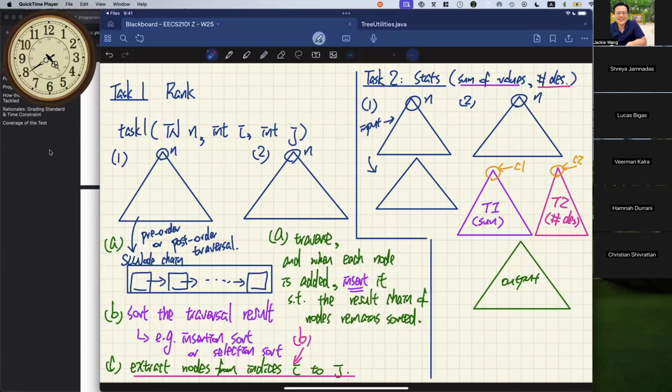Yeah, for programming tests, we don't really have any constraint on the asymptotic upper bounds. As long as your method terminates, that'll be fine. Correctness is a priority, right? You've got to pass the JUnit test cases. But if your code takes way too long to terminate, most likely it's not terminating, in which case, of course, you wouldn't pass any test cases. So there's no constraint on the space complexity, and no constraint on the time complexity. The most important thing is that your code terminates and passes the test cases. All right. Hopefully that's clear.